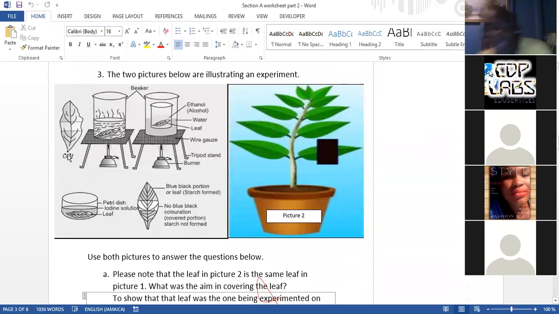Right? Now, of course, they have a beaker with boiling water, normally called a hot water bath. Hot water bath, right? Now, folks, please bear in mind that when I give you a worksheet, it's based on the syllabus, objective by objective. So you have to do